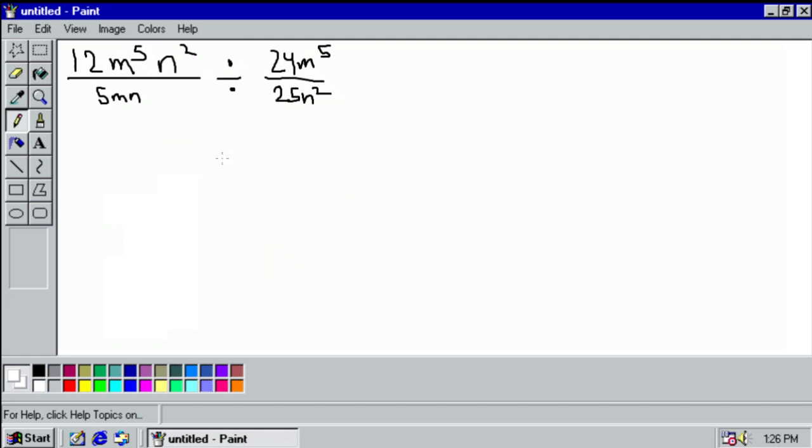In this lesson, I'm going to teach you how to divide rational expressions. So, first of all, we need to know how to divide fractions. To divide fractions, for example, we have A over B divided by C over D. So that will equal